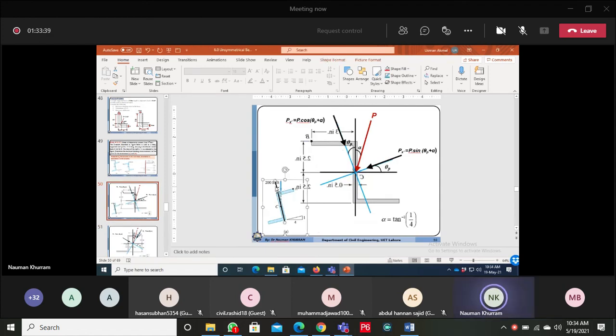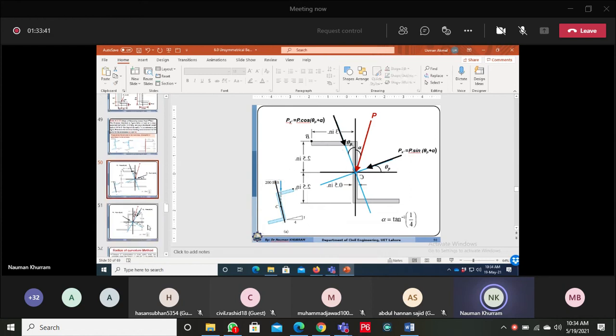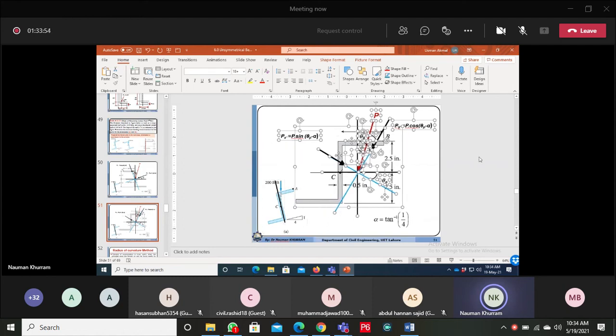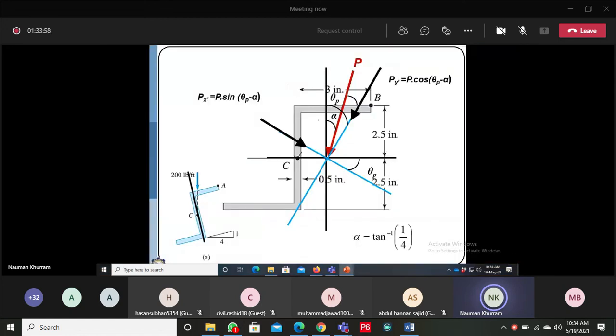let me copy also. Actually, here I'm just going to give you the hint on how you are going to solve. So if you will determine,